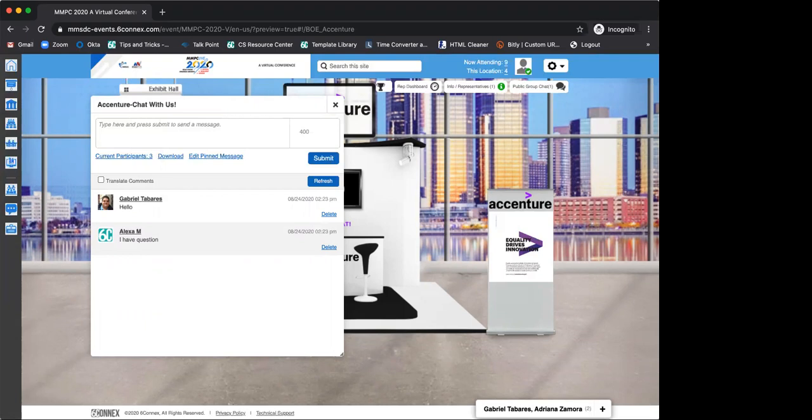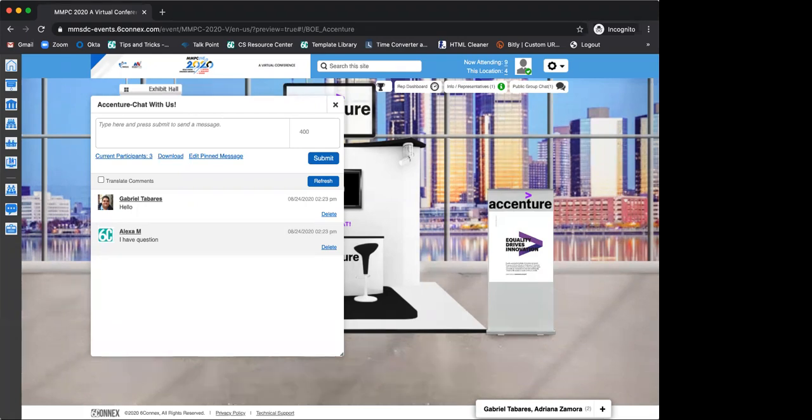Are the logins and the booths for the career fair the same as the BOE? The login is exactly the same. The booths, well, that is something that we need to ask the team. If you have another one in the BOE, but I think you have just one. Tamika, maybe you can respond to that one. Yeah, the logins are the same regardless of what day you're coming in. Your login is for the entire length of the conference, September 1st through the 3rd. And the booth is exactly the same, right? No one has a duplicate booth?